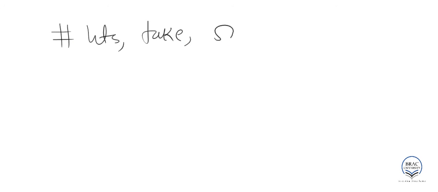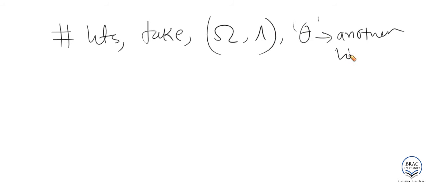And again, I want to go back to the commutator of our linear operators. So let's take two operators now. Let's take omega and lambda to be our linear operators, and it can be shown that, and for that we need another operator called theta. So let's take theta to be another linear operator, and it can be shown that